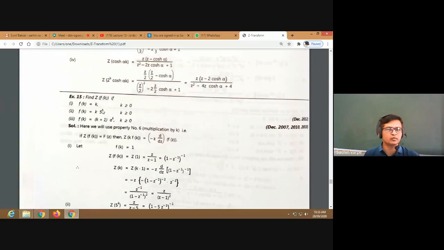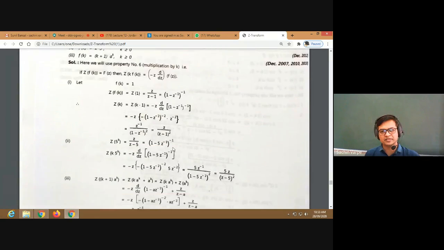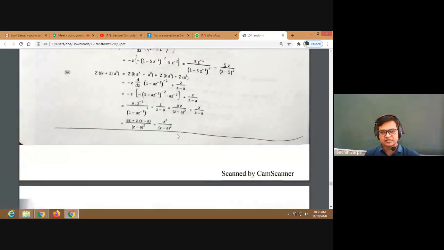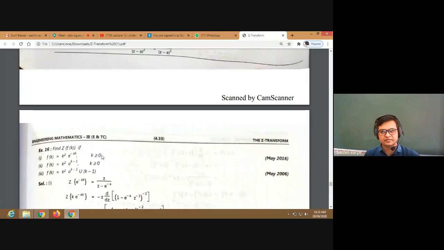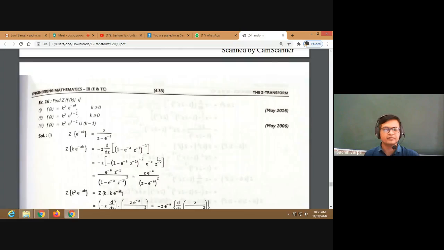A raised to k का z transform तो हमें मालूम है, in this z upon z minus a when mod z less than 1, isn't it? So f of z will be z upon z minus a. So k is multiplied, isn't it? So multiplication by power of k. Power of k is 1. So if it is multiplication on the left, then right hand side में क्या करते हैं हम derivative लेते हैं. So using the multiplication by power of k theorem, you can see here. Okay, very easy. Just go through these solutions. Is it okay?